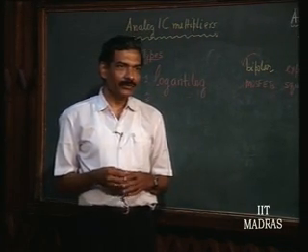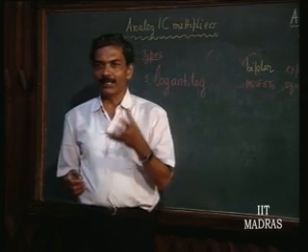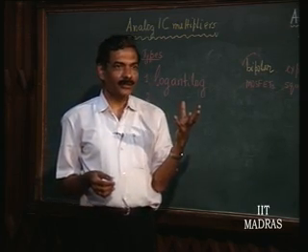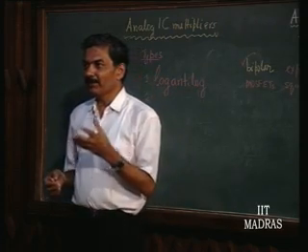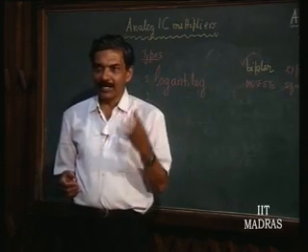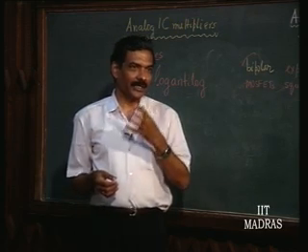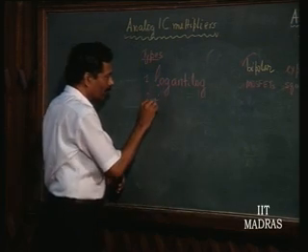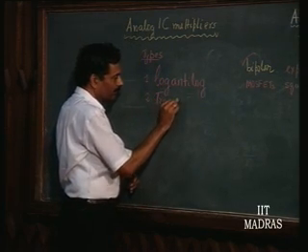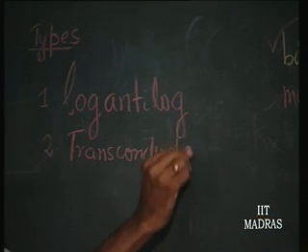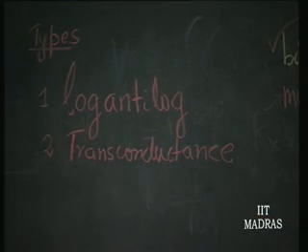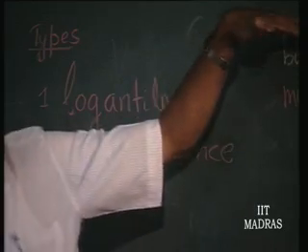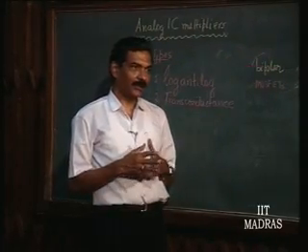Obviously, we know that the bipolar transistor transconductance is dependent upon its operating current. This current in turn can be made to depend upon voltage. So, you can now design a voltage dependent amplifier which can be a candidate for multiplication. So, the second property that we will use is the transconductance type of multiplier. These two essentially make use of the property of the bipolar transistor for its exponential function, right.